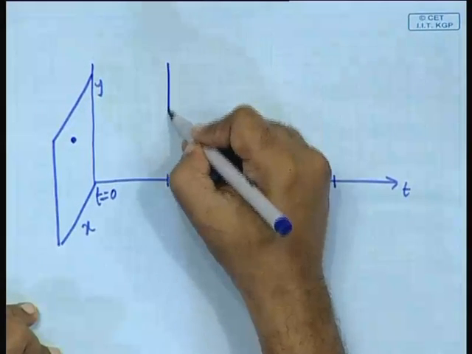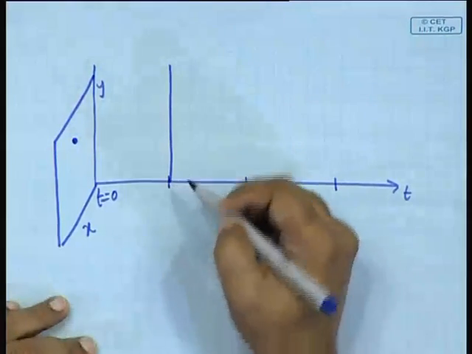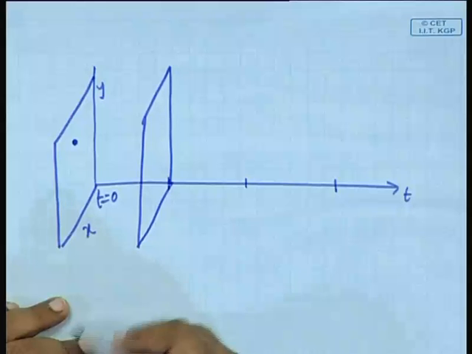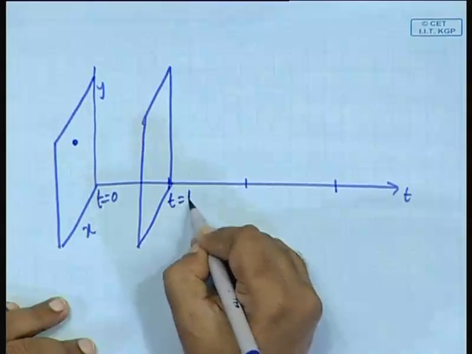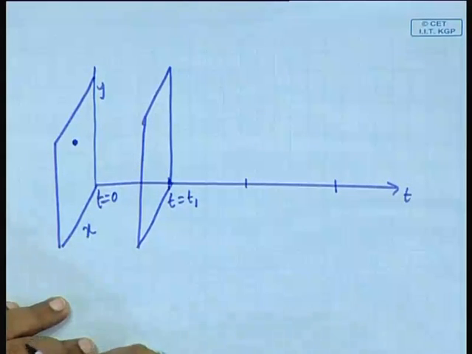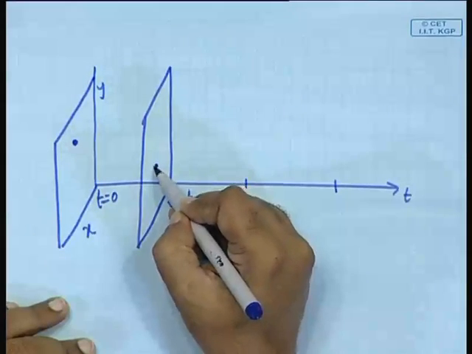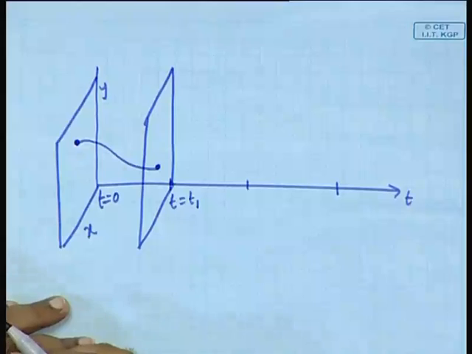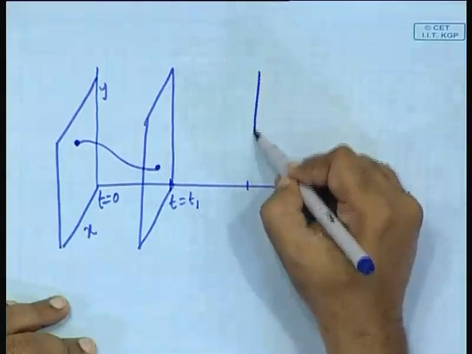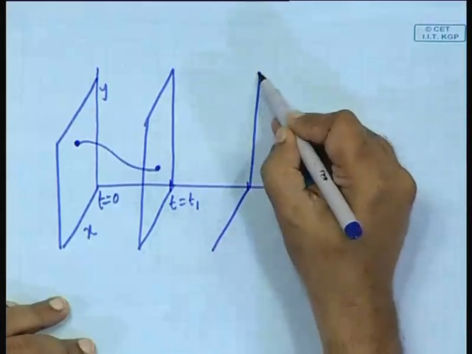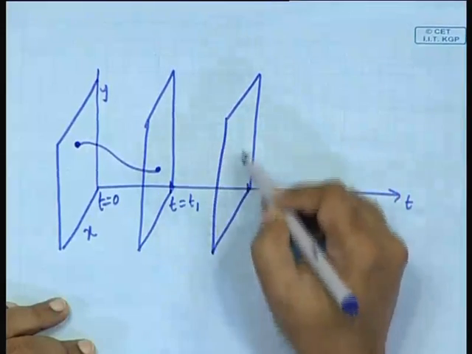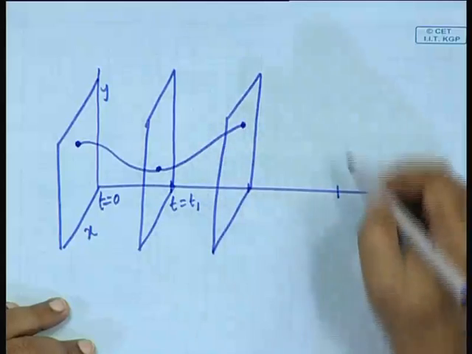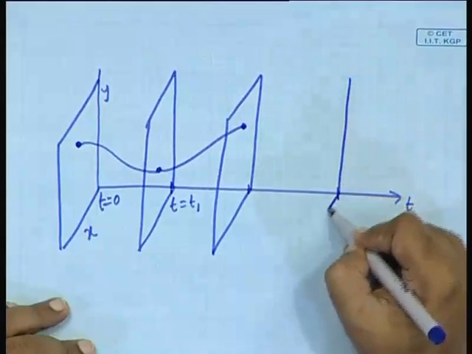Here also you can imagine a plane like this. So, t is equal to say t1, and at this time the state is here. So, in between it has come like this. Here also you can imagine that the state is somewhere, say it has come like that. At this time also you can imagine